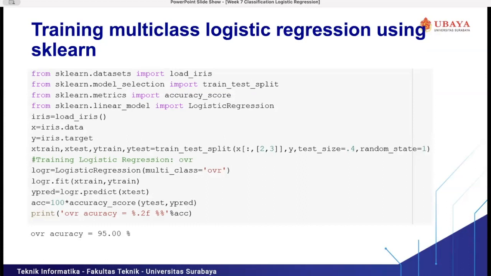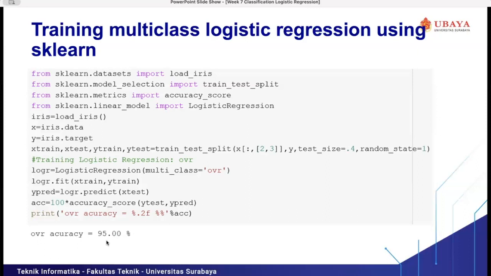Then we split the dataset into a training set and a testing set. Then we call the logistic regression function, but in this case we set the multi_class argument equal to OVR, so we use OVR as the method for the multi-class classification problem.